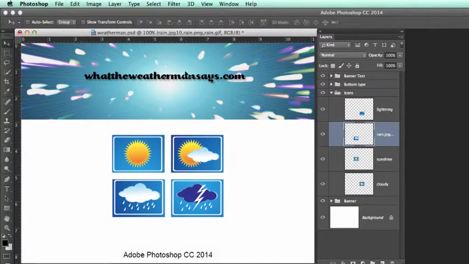Heading on back to Photoshop, let's work on the cloudy layer. So, we'll rename the cloudy layer. We'll generate cloudy.jpg, comma, cloudy.png, comma, I'm going to now change the size to 200%,